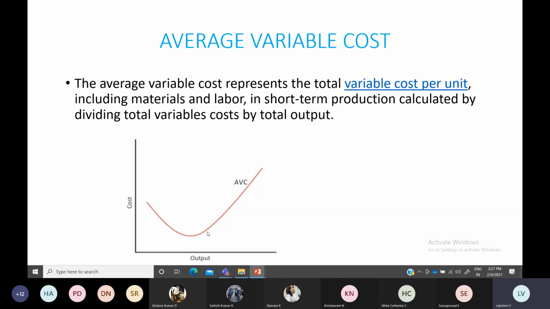Whenever you are facing diseconomies, that is a bad situation where, when you want to expand or increase your output, your cost of production is getting increased. That is known as diseconomies of scale. So like this, up to a certain point it will reduce your average variable cost. But after that minimum point, it starts to increase. Your average variable cost will start to increase. So this is the average variable cost.